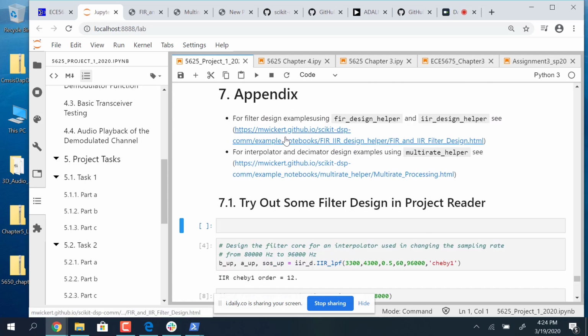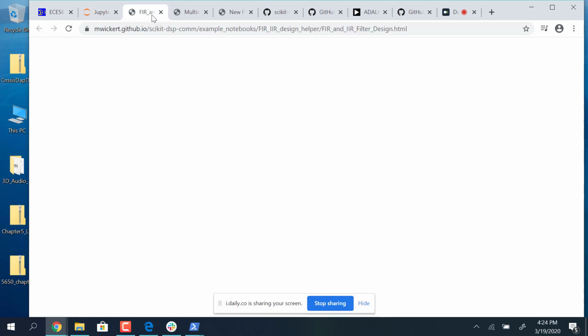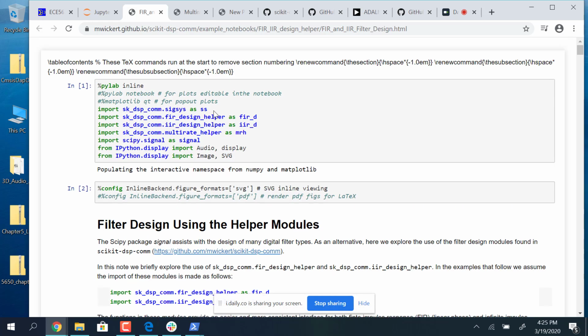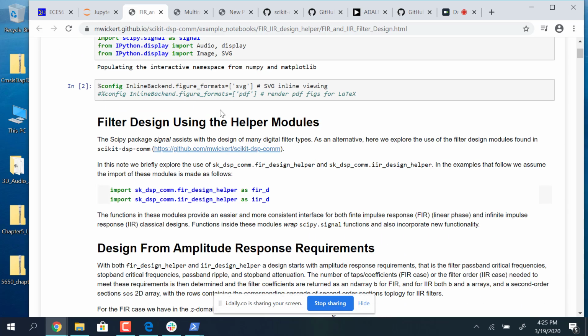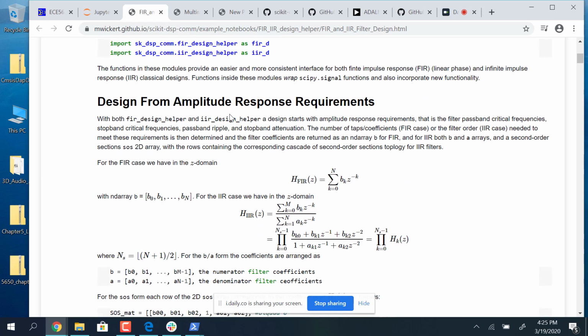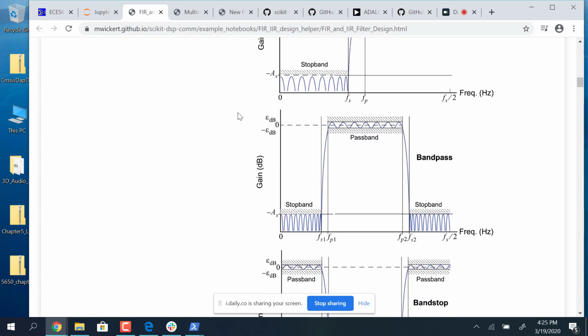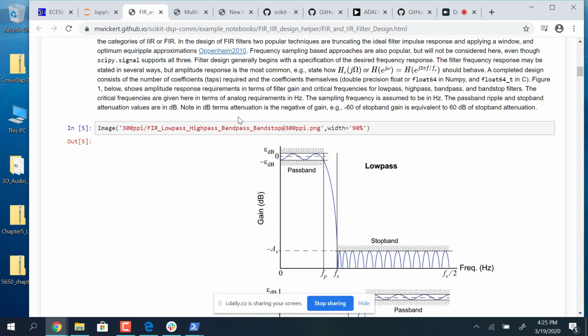So I followed these two links in here and got to notes that are in GitHub or Read the Docs for the scikit-dsp-comm. This talks about filter design and the prototypes and everything that are available in that module. And then this